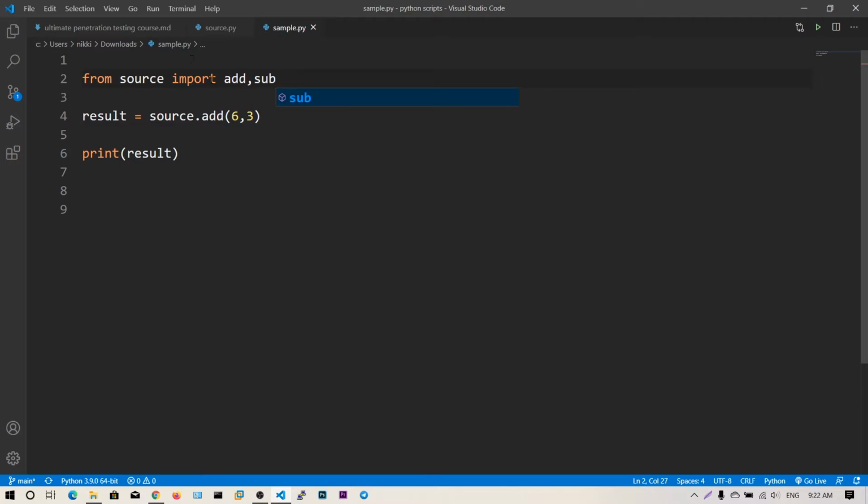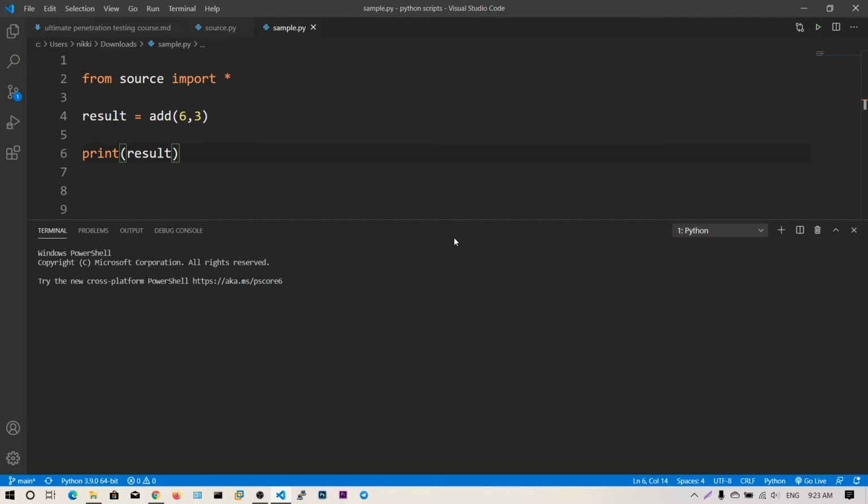You can import these two functions, and at runtime these two functions' code will be added to our script. You can also use star to import every function in this source.py. Now I can simply say add of 6 comma 3, and we will get the same output.